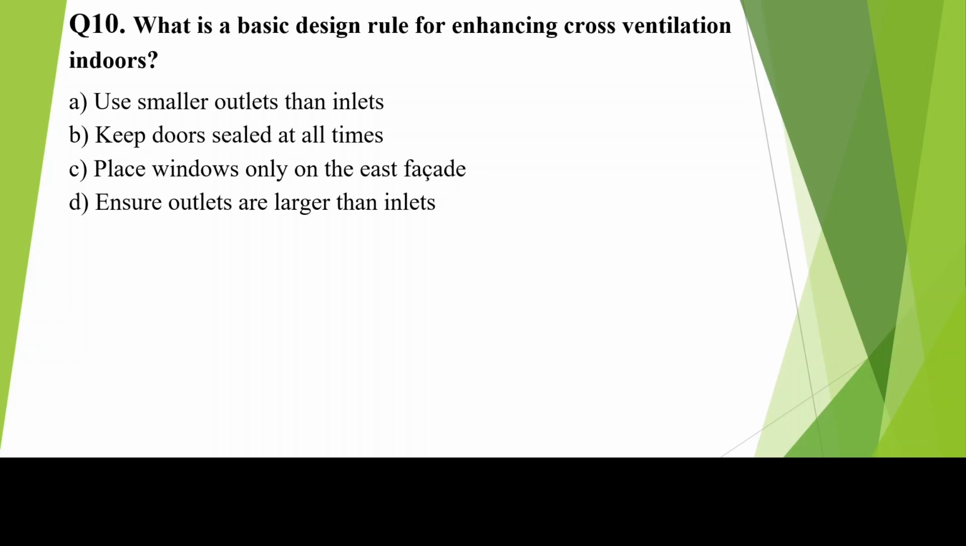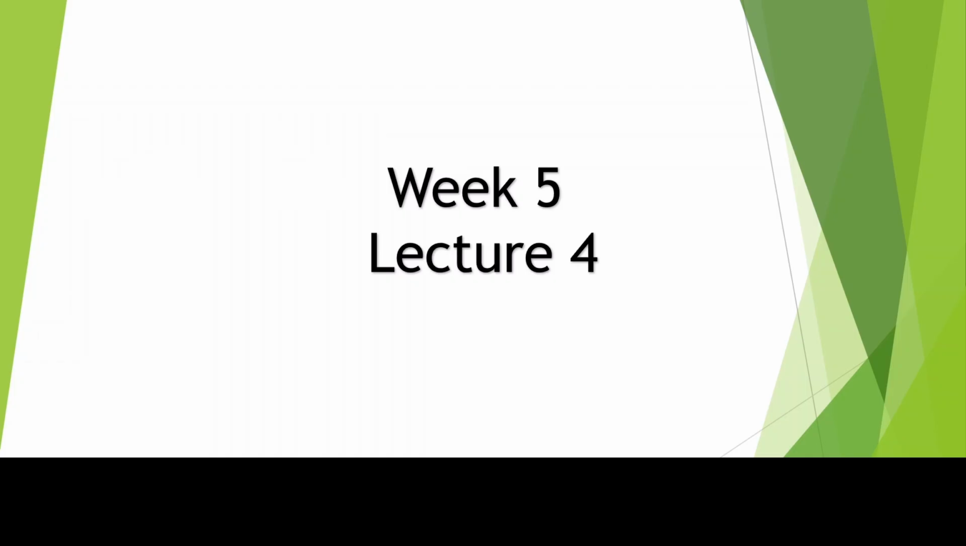D is the correct answer. It is talking about cross ventilation indoors. This cross ventilation is more effective when the outlets are larger than inlets, as was discussed, which will increase the indoor air velocity and circulation, which was mentioned in option D. That's why option D is the correct answer for question number 10. So with this, let's move to